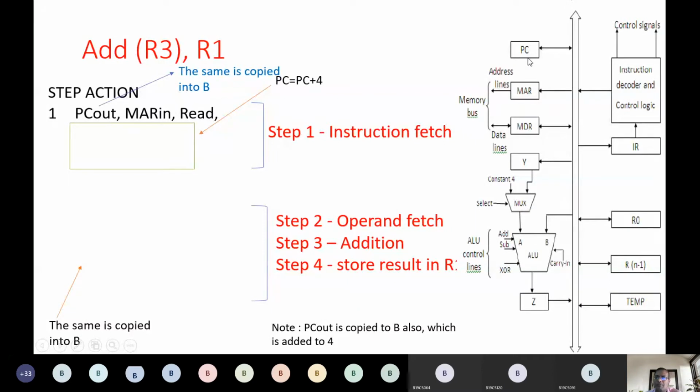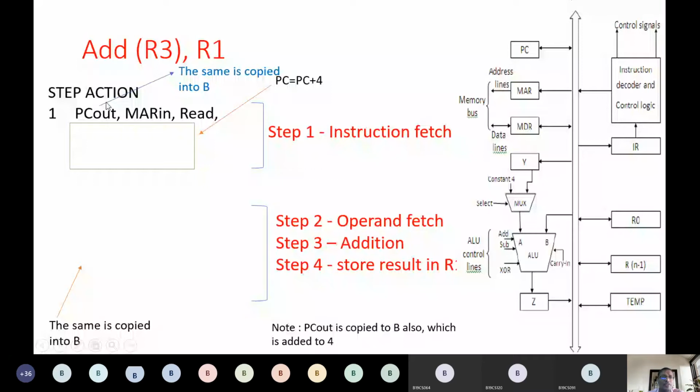So remember, from PC a copy of the address flows to MAR, and also the same copy flows to B. And B doesn't have any in or out signal, so it directly takes the input. That's why data on this bus directly gets into B also. So a copy from PC flows to B, and the same copy flows to the MAR register, because its input signal is on, right?